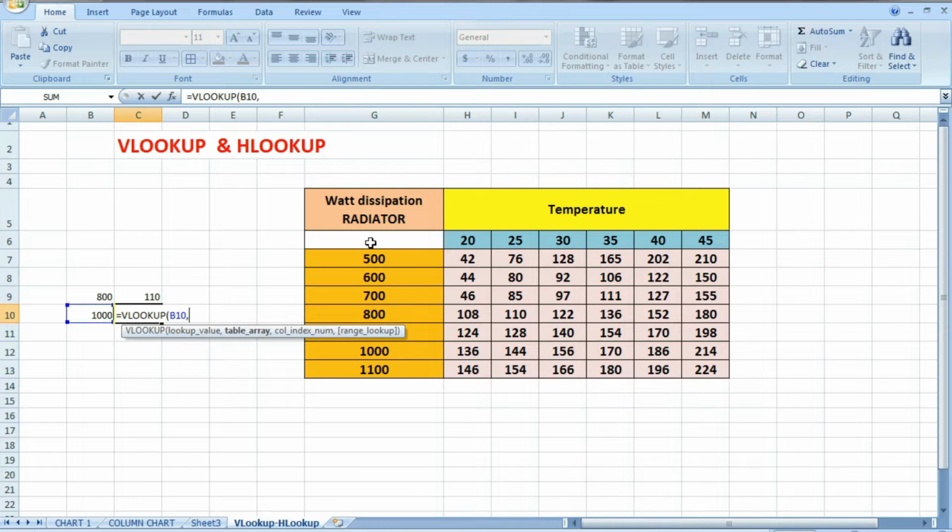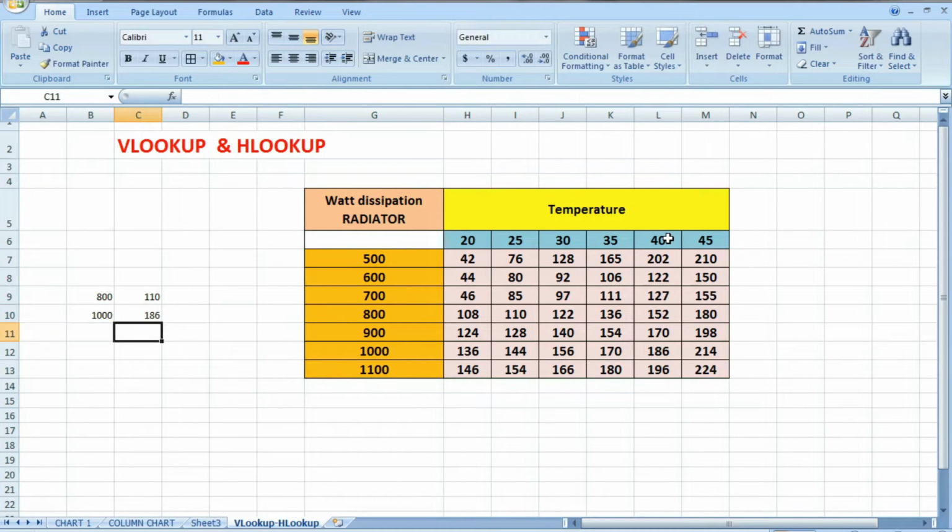Table is same. But in this we want to find out the value of 1000 at 40-degree temperature. That is 1, 2, 3, 4, 5 and 6. That is 6. Okay, that is 186 watt.